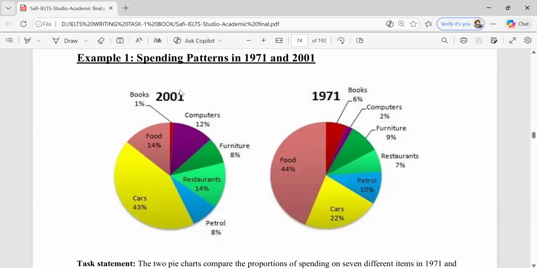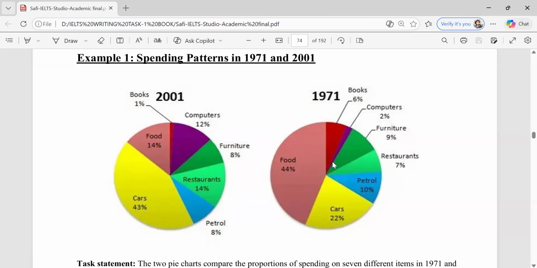And if there are two pie charts, now we can say it's dynamic. Clear? They are dynamic because one is for 2001 and the second one is for 1971. This is the old one, clear? First of all, we can write down 1971 and then we can write about 2001. Now, if you just focus here,